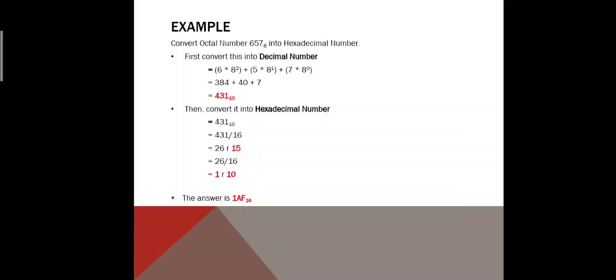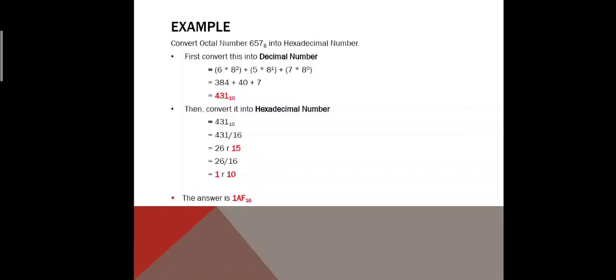6 times 8 raised to 2 plus 5 times 8 raised to 1 plus 7 times 8 raised to 0. So, yun. Ang base niya is 8. So, kaya 8 times sa 8. So, 6 times 8 raised to 2 equals 384. And 5 times 8 raised to 1 equals 40. And 7 times 8 raised to 0 is 7. So, i-add lang natin siya. And ang makukuha na sagot is